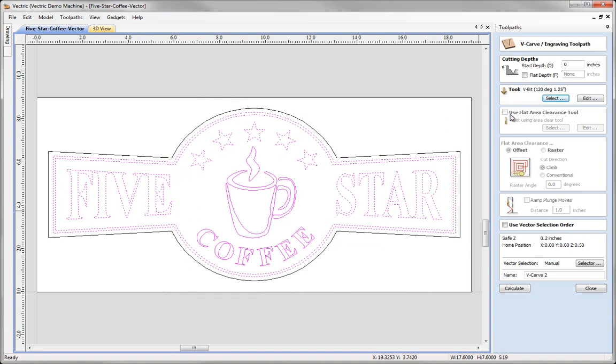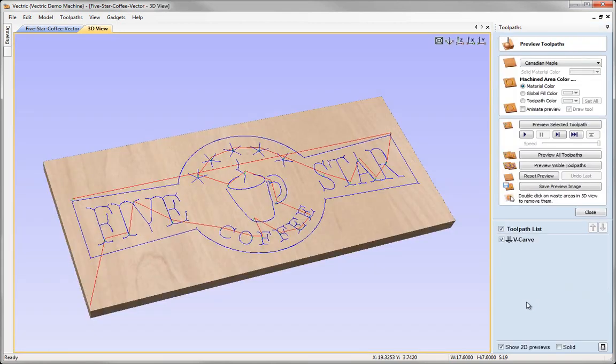I'm not using a flat area clearance tool because I don't have a flat area specified. I want to V-carve all the way down to the full depth based on the angle of the tool and the width of the vectors. Change the name of this, we'll call the toolpath V-carve, hit calculate, and we can see the toolpath there, but